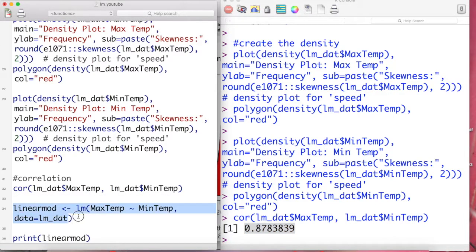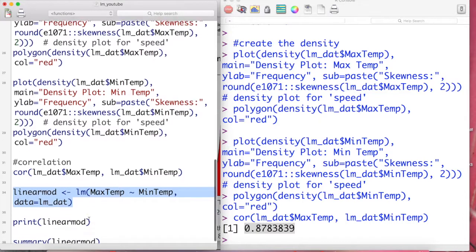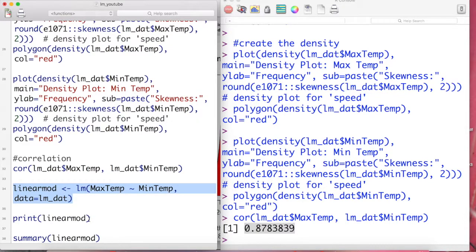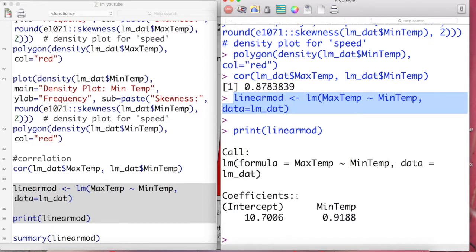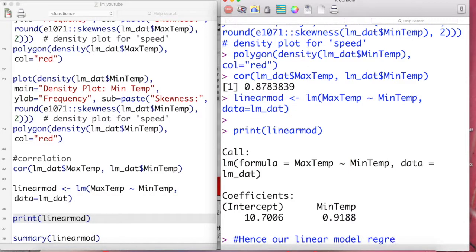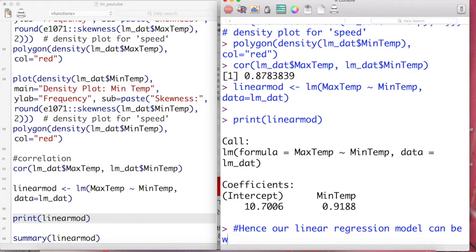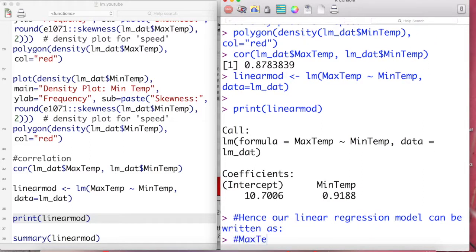The function used for building a linear model is lm(), and the syntax can be written as follows. The left part shows our y variable and the right part shows the x variable. Of course, we have to specify the data, so the syntax looks up columns that have the same names as the variables mentioned in the syntax. As you can see here, our model takes the equation of maximum temperature equals 10.7 plus 0.92